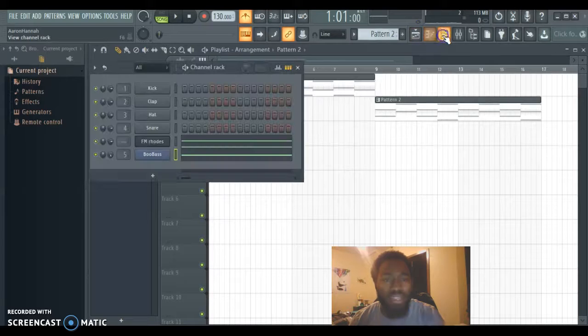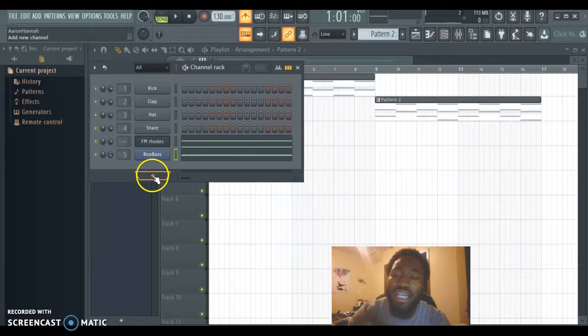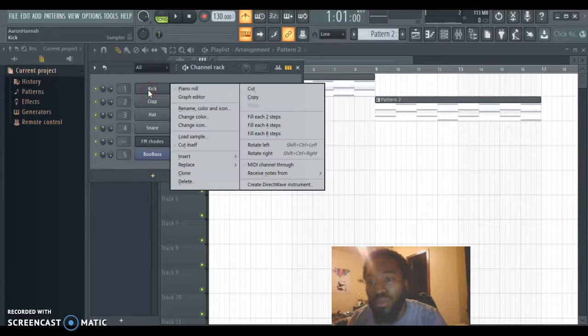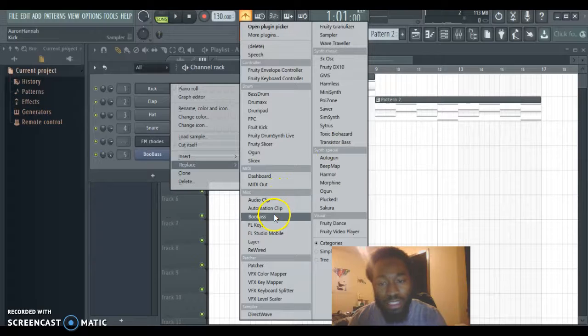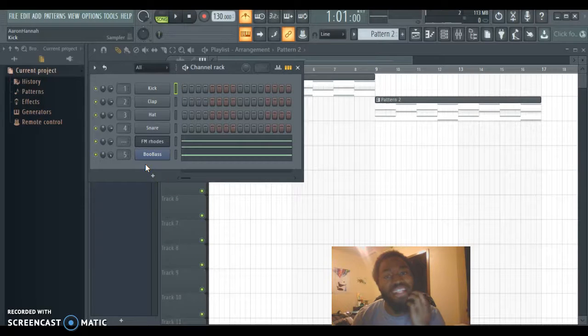You add more instrumentation onto the channel rack by pressing this little plus sign right here. Or you can just right click on an instrument that's already in there, like a kick. There's a kick in there right now, and I just right click it and go to replace. And I can go to a citrus, a toxic, biohazard, whatever, because all of these pretty much have different instruments in them that I can use. So I only used the citrus and the boo bass. And you see the cool melody that I've already created using just those two different